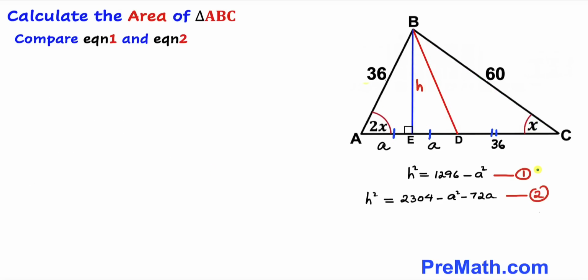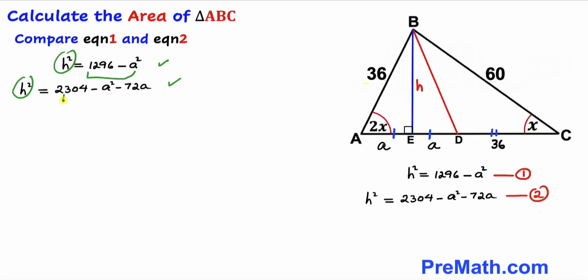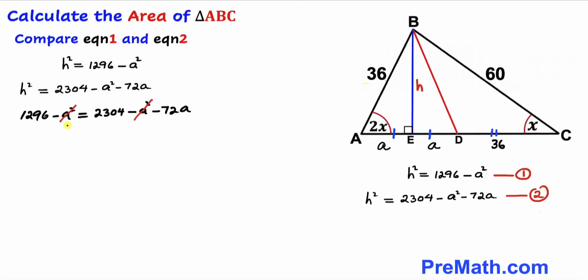And now let's go ahead and compare these equations 1 and 2. And here are our equations 1 and 2. Let's go ahead and compare them. Since the left hand side is same, we can equate our right hand sides. So therefore we can write 1296 minus A square equal to 2304 minus A square minus 72A. Now we can see this negative A square and negative A square, they are gone. So we ended up with